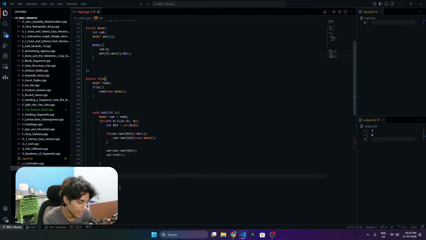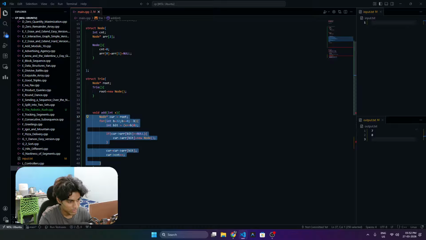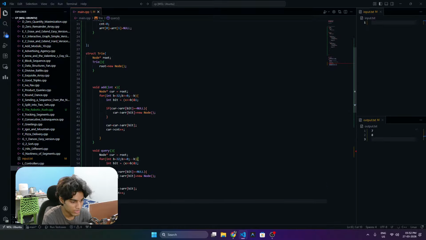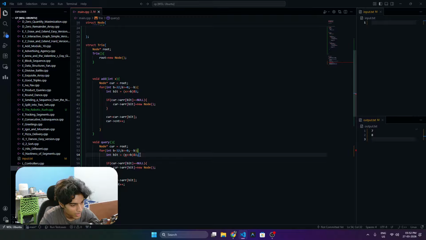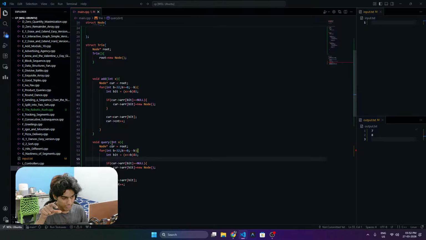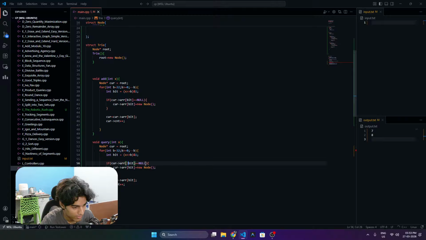Let's go for max query. So this is for maximum XOR, let's say. Things are going to be pretty much similar. So maximum XOR: this is the number that I have. I need to find another number that gives me a maximum XOR. To get a maximum XOR, I need a number that is different. Okay, equals to null, or